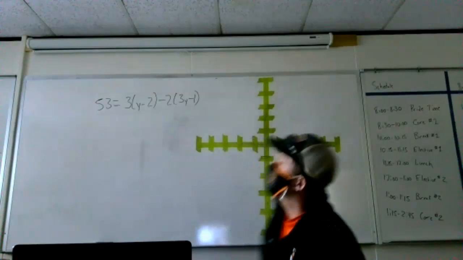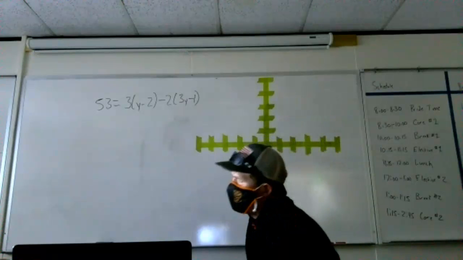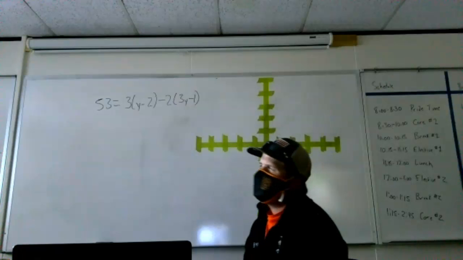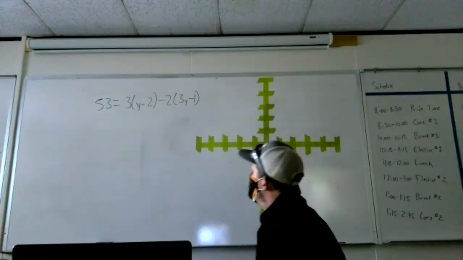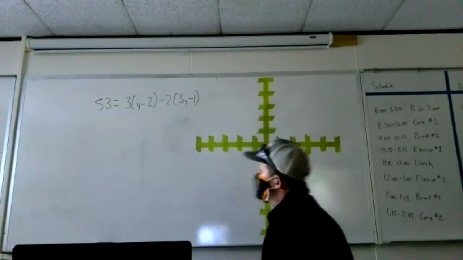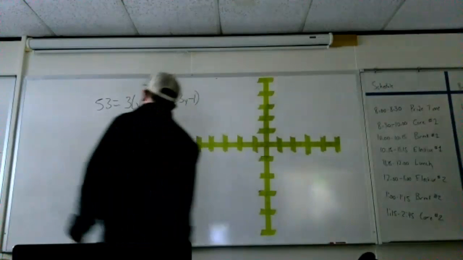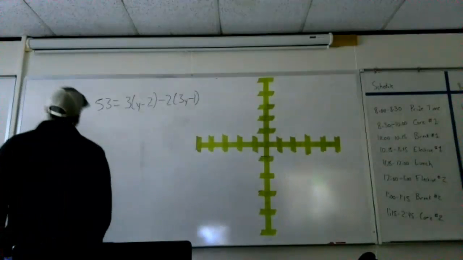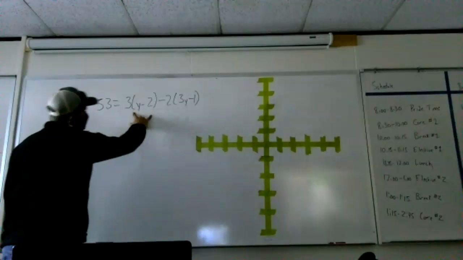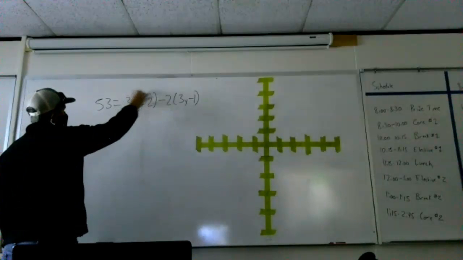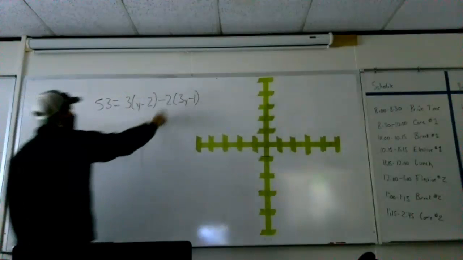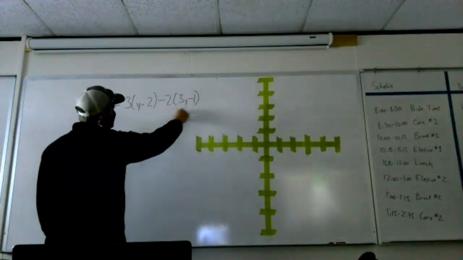Okay, and we are given 53 is equal to 3 times the quantity of y minus 2 times the quantity of 3y minus 1. First thing that I want to do is remove my parentheses by using the distributive property. So the distributive property states that whatever is multiplied by the parentheses can be distributed in. So I'm going to multiply this 3 against this y and this -2, this -2 against this 3y and this